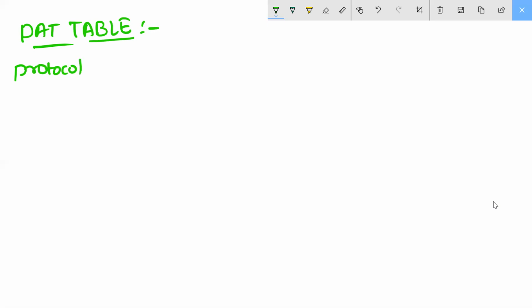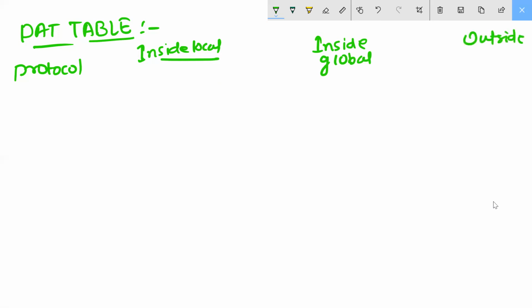Then we have the inside local, then the inside global, and then the outside global.